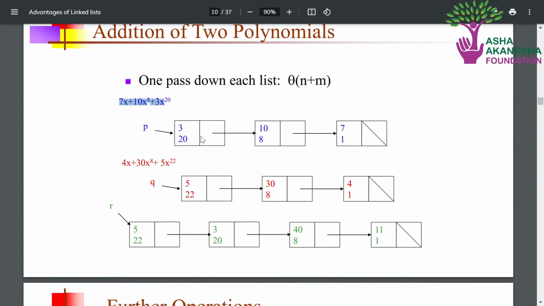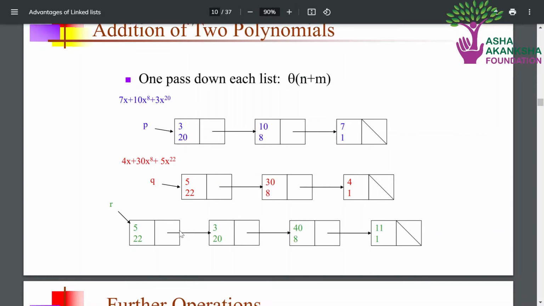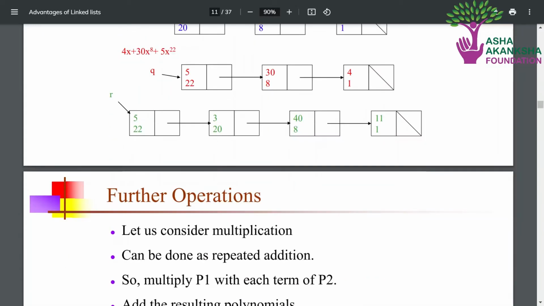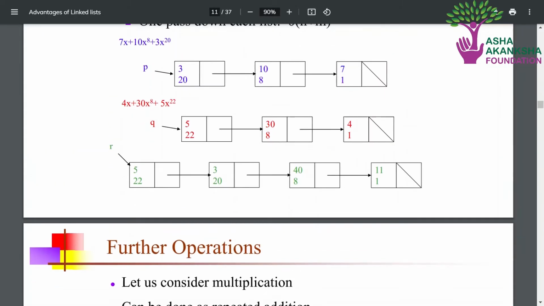We go through the linked list once, and then the second polynomial is this, and we also go through this linked list once. We will add the like terms, and otherwise just add the node in the linked list. So this is how we will add these. This is pretty straightforward, you can just take a look and understand it.